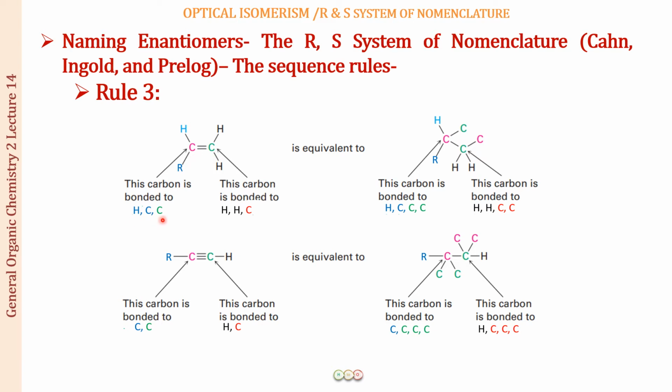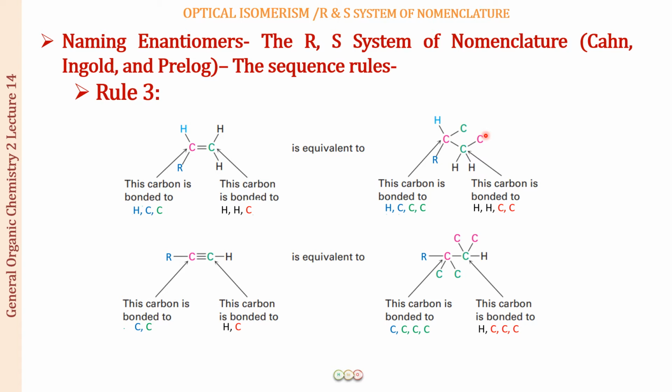But we need a fourth bond for this carbon. Okay, so that fourth bond, how are we going to form? We are going to convert this double bond as if it is forming two single bonds with two carbons. So this is going to be this C which is forming now two single bonds with the two green C's, and similarly the green C is also going to form two sigma bonds with two carbons. So this is just to find a priority order. That is what you have to understand. In actuality, it is not that a double bond is equivalent to two sigma bonds.